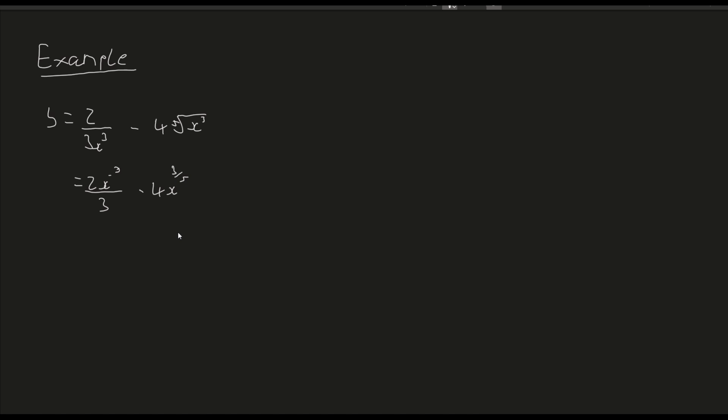Differentiating this, well, first of all, what I'm actually going to do is now write this in a slightly different way. I'm going to write this as 2/3 x to the minus 3, minus, and then the same thing. And the reason why I'm doing that is because that will make it a little easier to split these things up here. So you'll see what I mean. So if I take dy by dx,